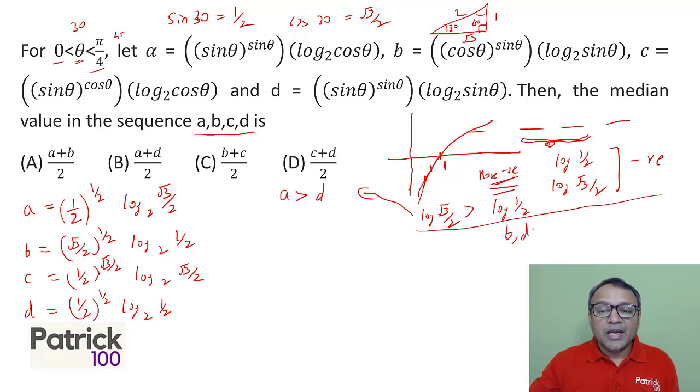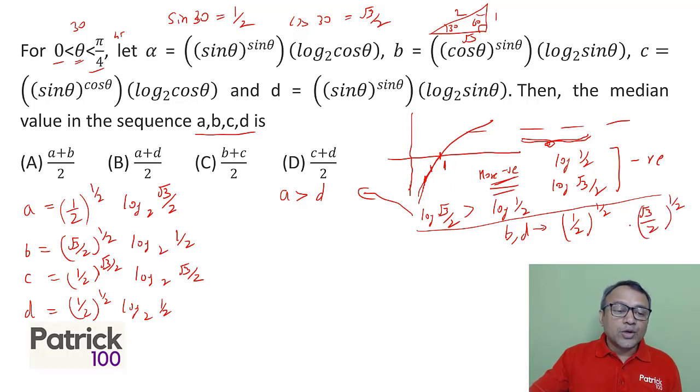If I compare B and D, the log of half is the same. So what we are comparing is half raised to half, and root 3 upon 2 raised to half. Okay, that's what we are comparing. Now since root 3 upon 2 is bigger, therefore B would obviously be bigger